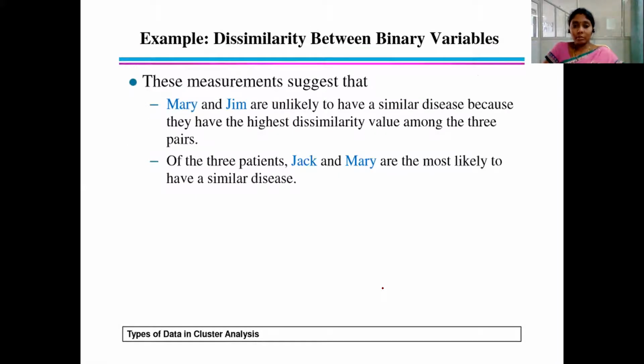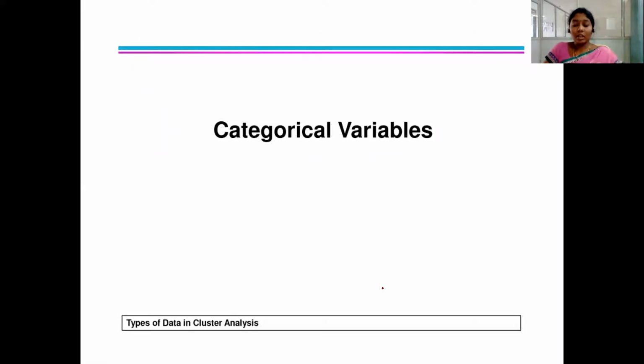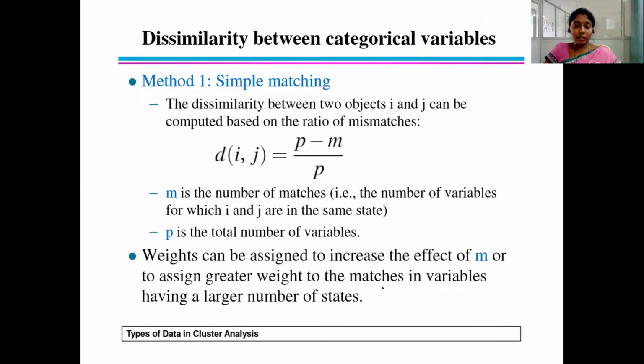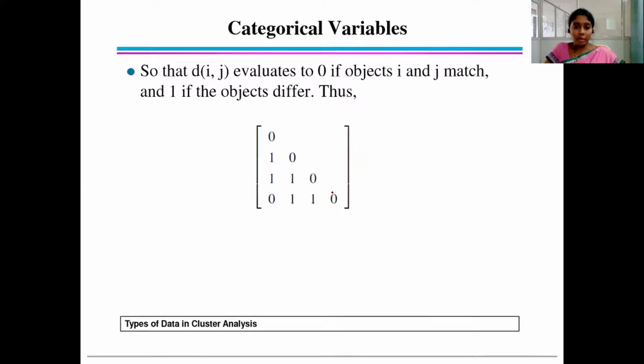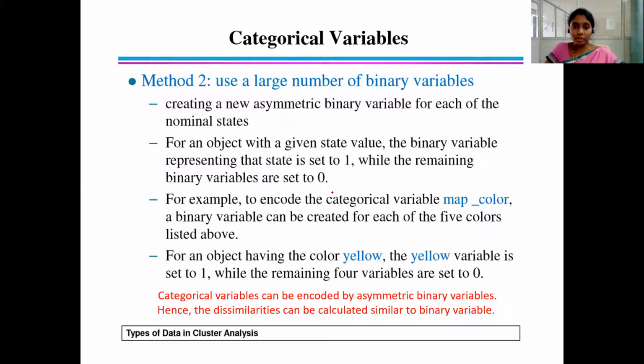Okay, and coming to the next one, categorical variable. In the case of categorical variables, we can use this formula where P indicates the total number of categorical variables and M indicates the number of matches. You can directly use that formula to get the dissimilarity matrix, or dissimilarities among the elements.